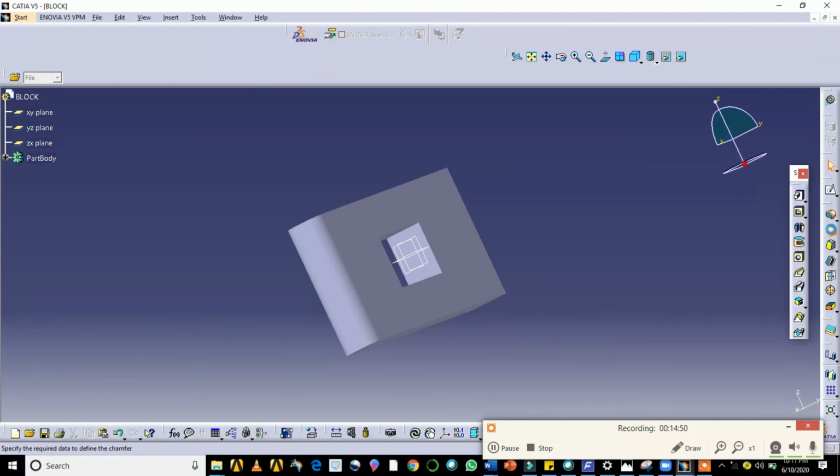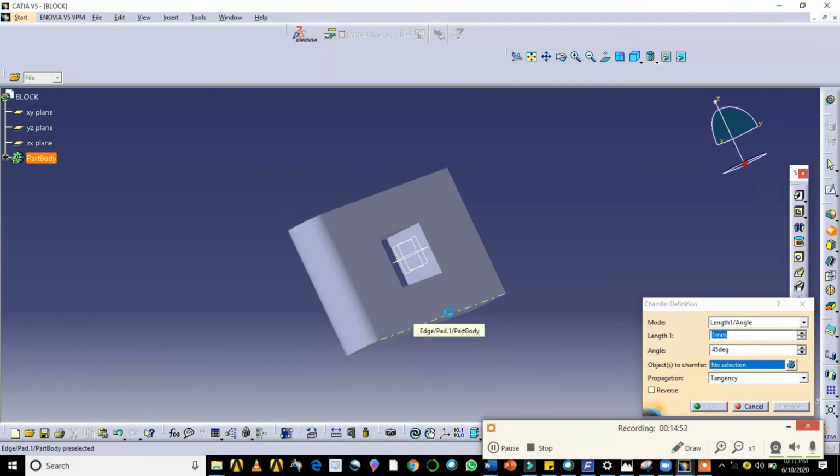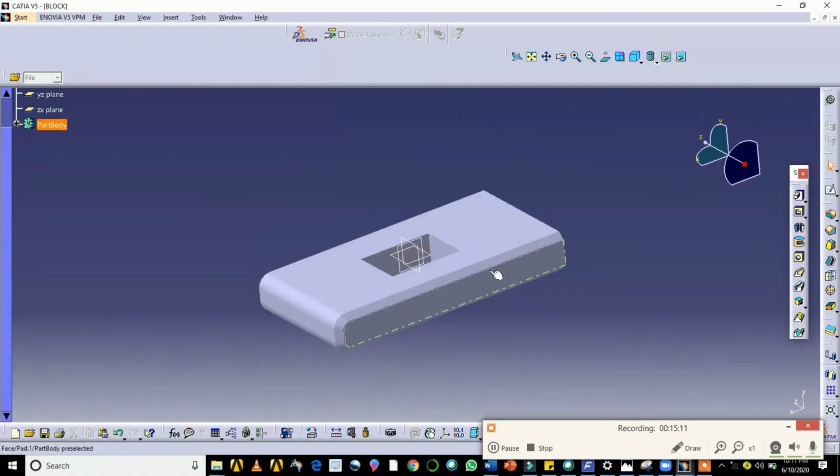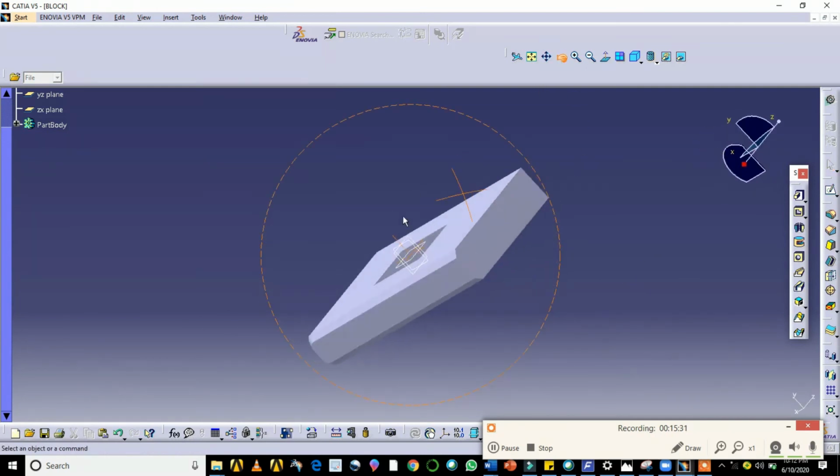Next, chamfer. What is the meaning of chamfer? I'll select this edge. See here, I'll give a chamfer of 5 mm. Now you rotate this. See here, I'm going to get this kind of shape. This is a chamfer. This is a fillet. Okay, a round shape. This is a fillet. This is a chamfer. Okay, that is the application of edge fillet and chamfer. Now I'll rotate this once again. I'll try to zoom this.